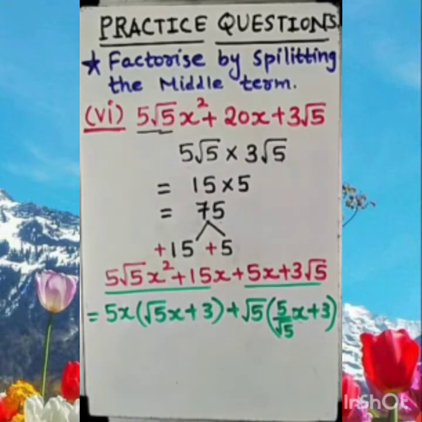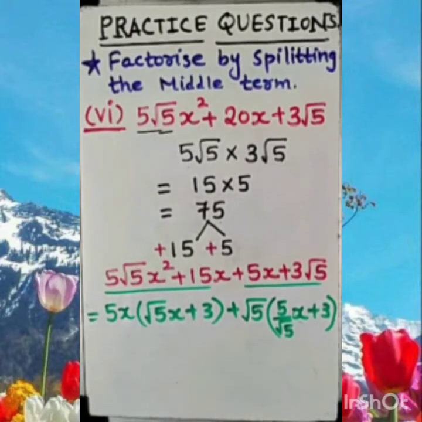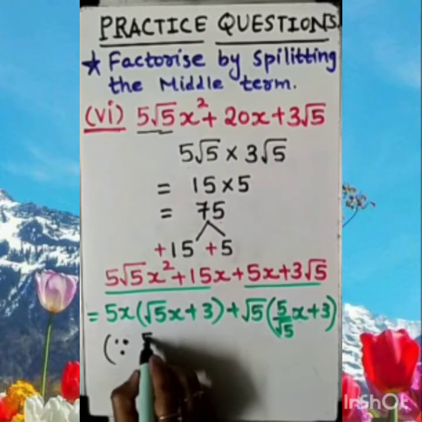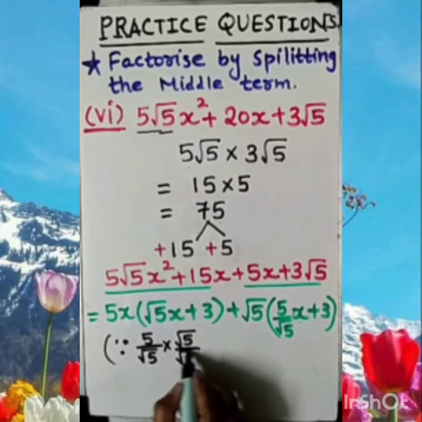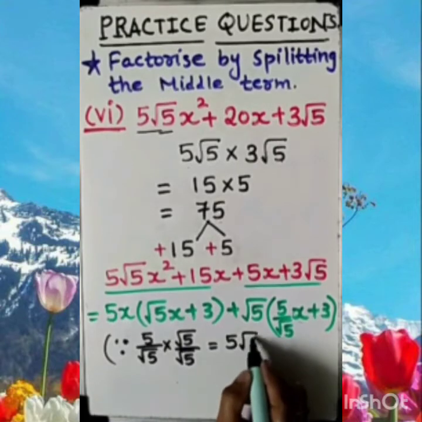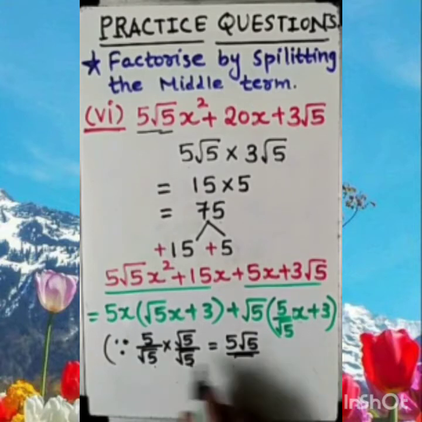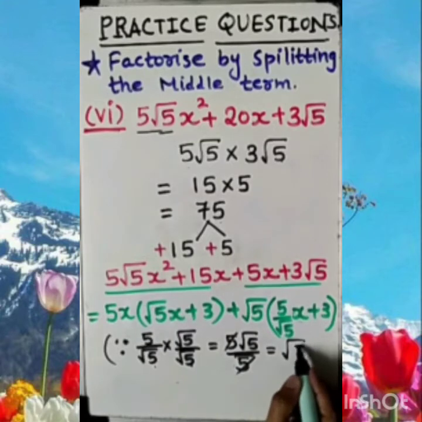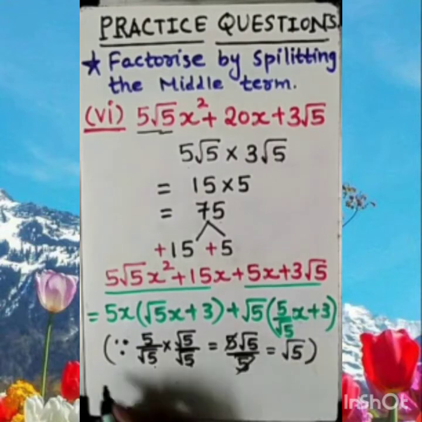Now you can see both of these two brackets are not similar. So in such a case, how do we work that out? I am showing you here. 5 upon root 5: I am dividing it with root 5 and multiplying with root 5, rationalizing. So in the numerator 5 root 5, and root 5 into root 5 is 5. Multiplication of root 5 with root 5 is 5. 5 cancels, so only root 5 is left. Fine. So in place of this, I am going to write here.